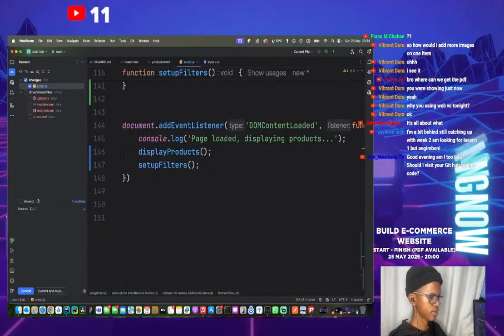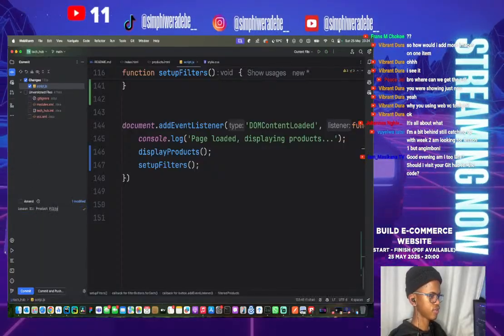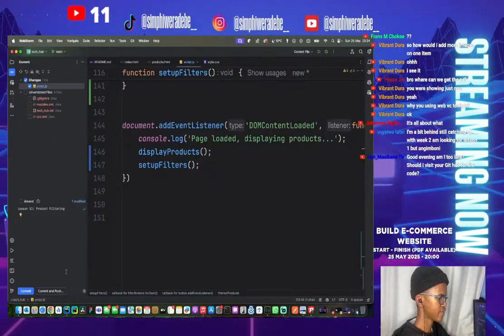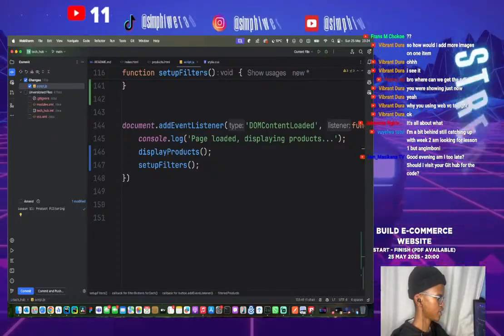This is the product filter. Cool. So whoever has the link to the GitHub repo, they can just